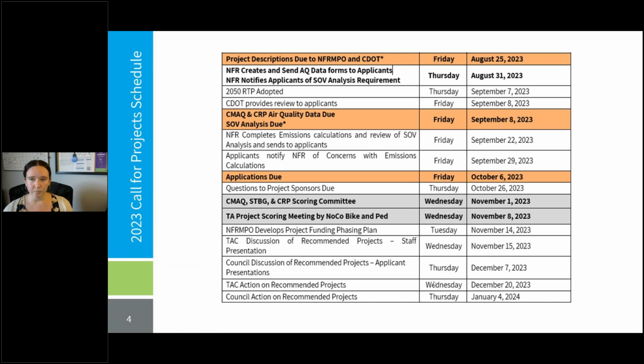The next due date will be for carbon reduction and CMAQ projects. After you submit the project description, the NFRMPO will send the air quality data request form to you, and those will be due back to us on September 8th. And then also, if from the project description, staff looks at your project and it qualifies for the single occupant vehicle analysis, we will also send that form to you, and that will also be due on September 8th. The final applications will be due on Friday, October 6th,